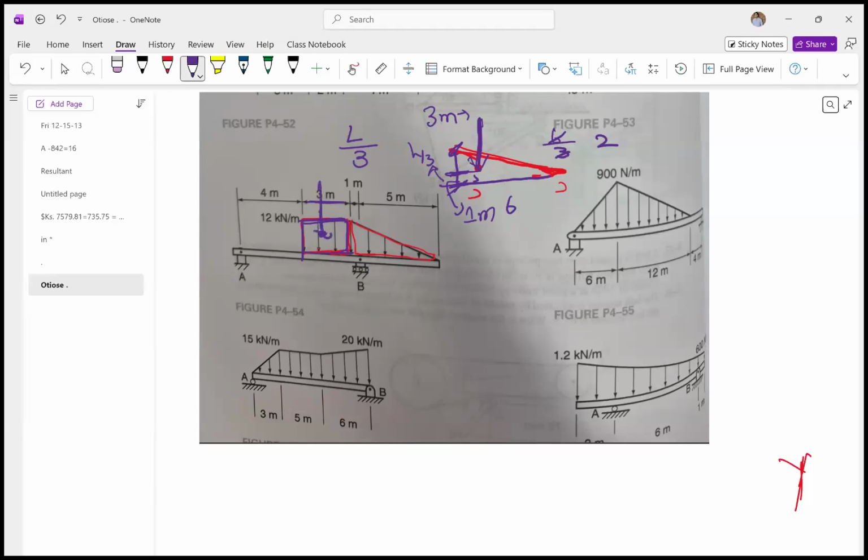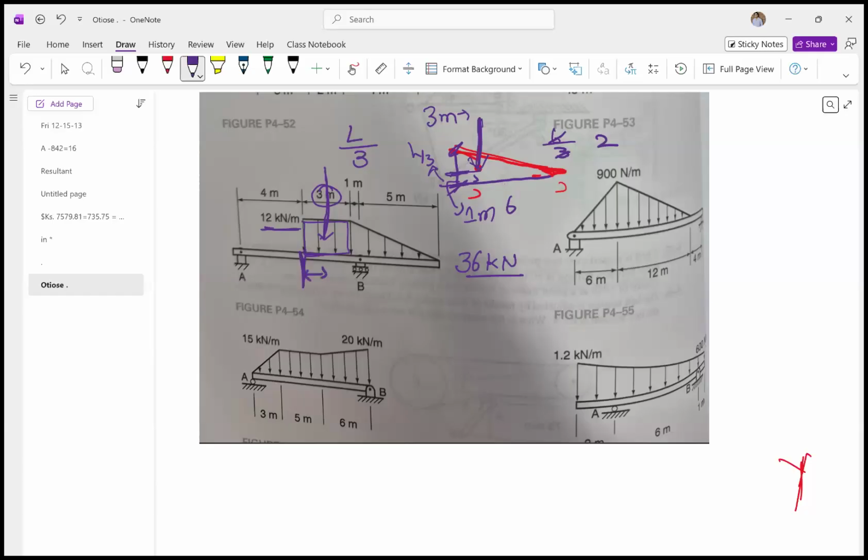If I were to convert it into a point load, it will act at a distance of 1.4 meter from each end in this case. All right, and how much the load will be, that's what we have to figure out. So again, if I draw this rectangle, this is 12 times 3, because 12 kilonewton per meter, so 12 times 3, that will be 36 kilonewton total,